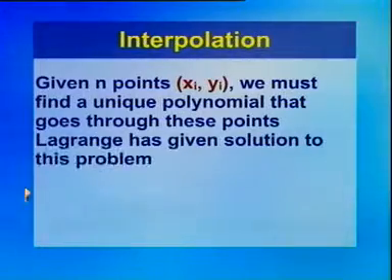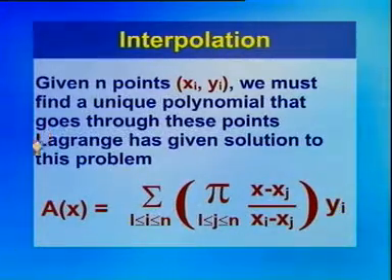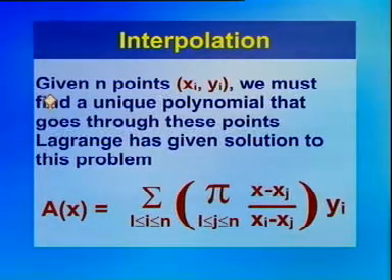Now, in this slide, let us discuss interpolation. Interpolation means coming back to the original result. If a polynomial is given, we are going to find out some points which satisfy that polynomial, and that is found by the method of transformation. Whereas in the reverse process, if you are able to prove some points must satisfy the polynomial, or a polynomial must go through these points, this reverse process is interpolation.